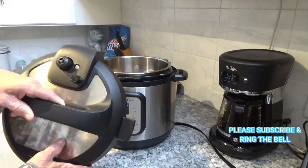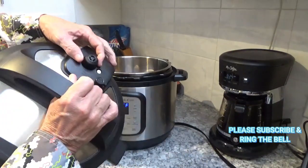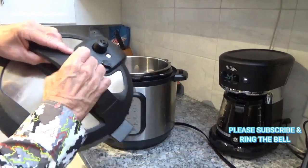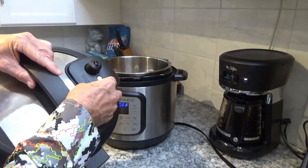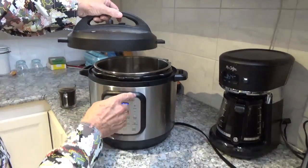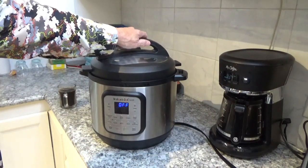This is the pressure lid that comes with this Duo Crisp Plus air fryer here. And if you notice, it doesn't have a knob back here to turn. It's just a little round valve here. That's because now that it's pushed down, that releases the pressure. As soon as you put this on, it's going to pop up and that's going to make it seal. You line it up with this arrow right here. It's hard to see because it's black on black. I don't know why they do that, but anyway, you put it on, you turn it clockwise